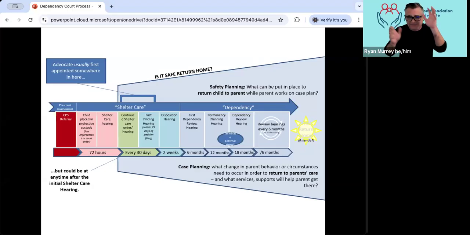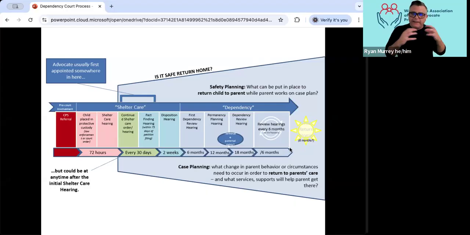So this is not how every court proceeding goes. It's basically just to give you the outline of the way things should happen or can happen, but every hearing, every process is just a little bit different. But this is in general the general flow of the court process. And so I'm going to go over each one of these individually.